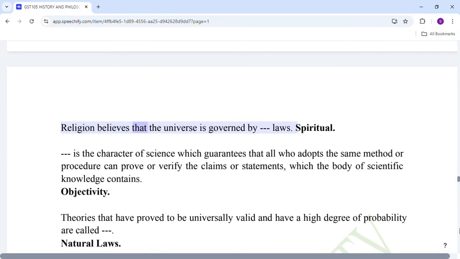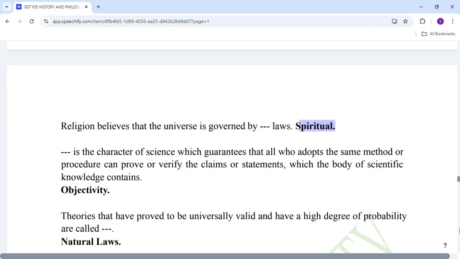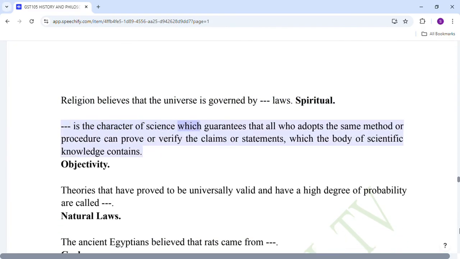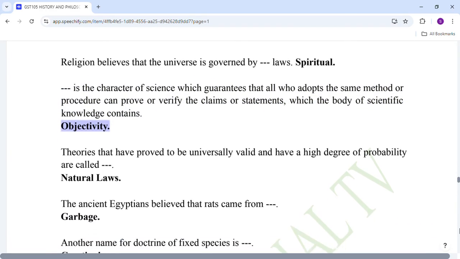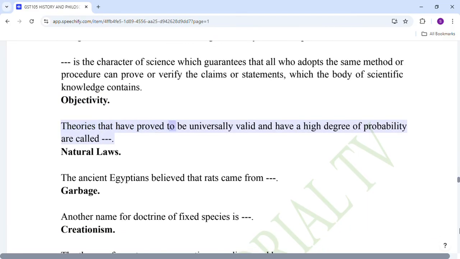Religion believes that the universe is governed by laws. Spiritual. Dash is the character of science which guarantees that all who adopt the same method or procedure can prove or verify the claims or statements which the body of scientific knowledge contains. Objectivity. Theories that have proved to be universally valid and have a high degree of probability are called